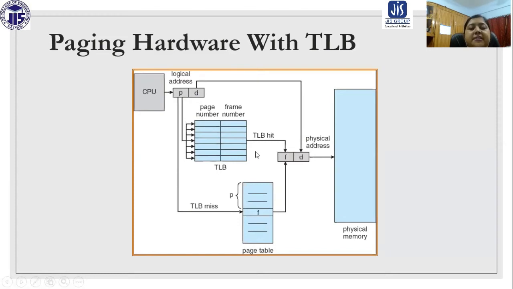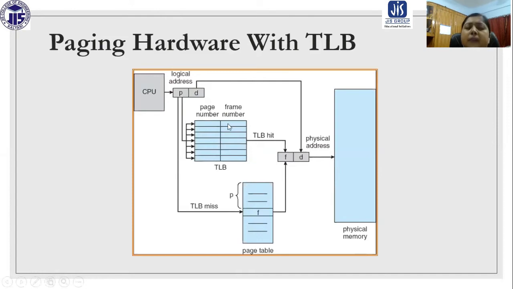If we find the particular page number, then we also find the corresponding frame number, and this is called a TLB hit. Then the frame number and the offset can be added, and we can go to the physical address.